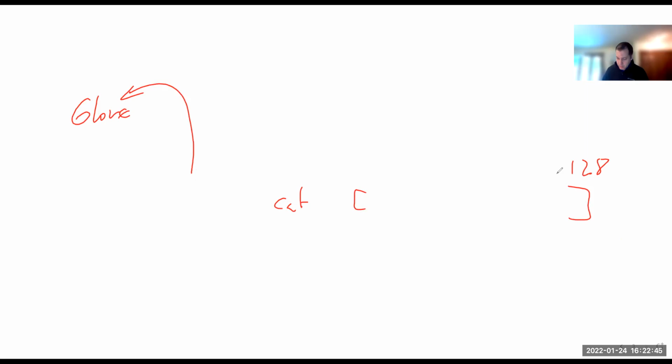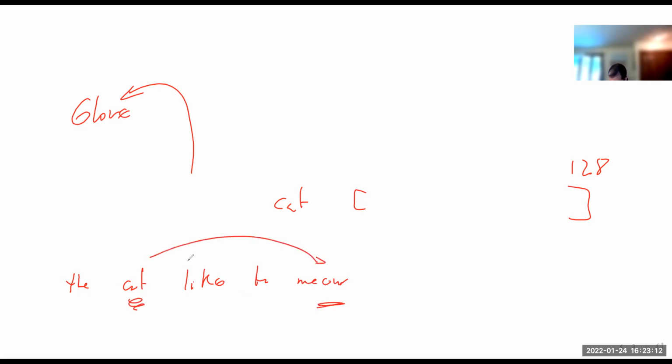So now, how does it learn things? It learns things by correlation. So usually when I say the cat is sleeping, or I say the cat likes to meow, right? You usually associate these two words, cat and meow, with the same thing.